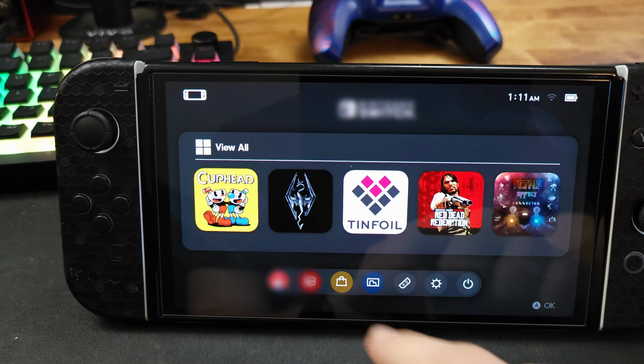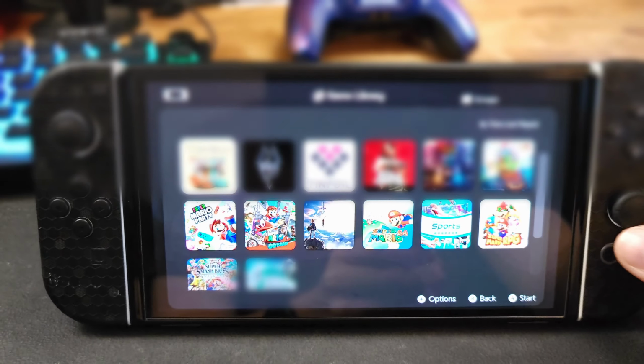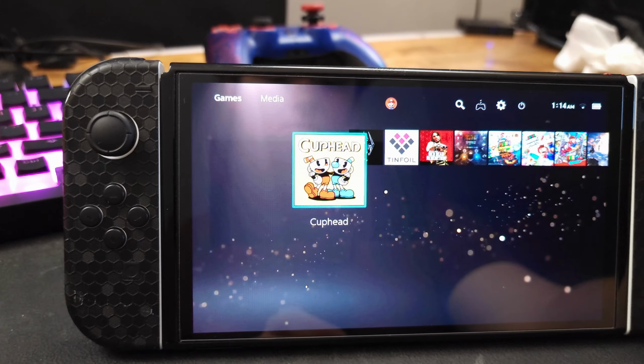And still talking about just the regular functions of the Switch that I've enhanced, custom themes are awesome. I found a dark mode theme that I really enjoy. I've also found a very convincing PS5 theme that looks fantastic to me and alters a lot of the ways that the system works. Although that being said, I wish I had the knowledge, or I wish somebody else would do it for me, to have an animated background that looks exactly like the PlayStation, because it would sell the thing 100 times more. Now, to kind of round out this chapter, I do want to talk about something and